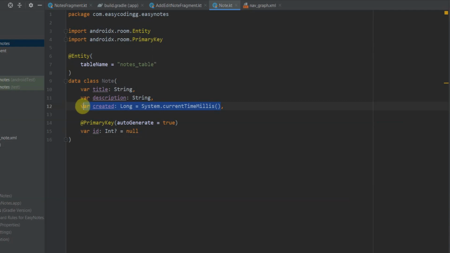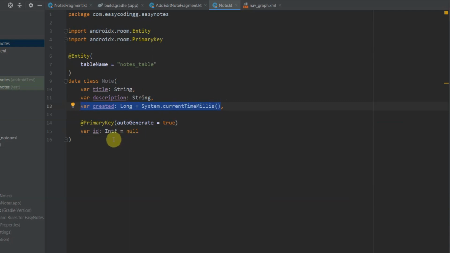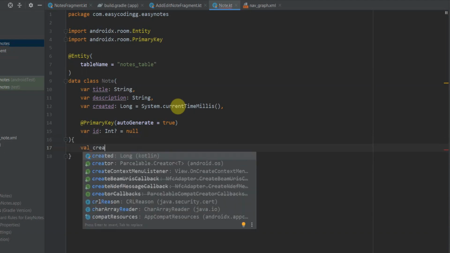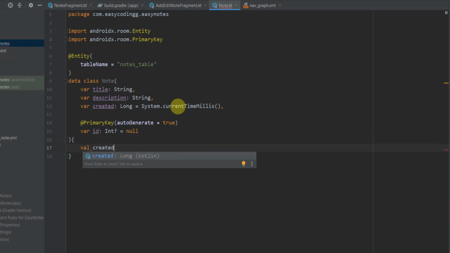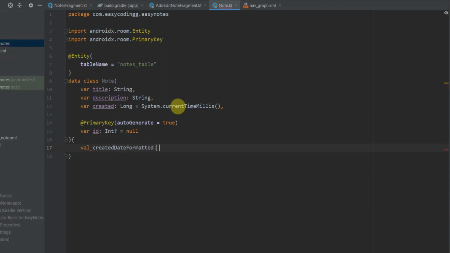And since we always need to format this timestamp in milliseconds wherever we use it, what we can do is open the curly braces here and add a variable val createdDateFormatted. It will be of type String.